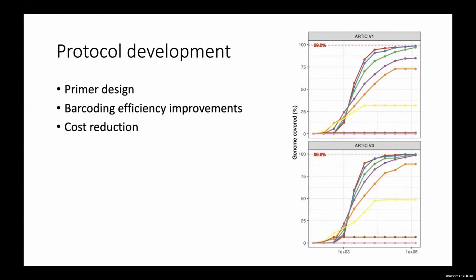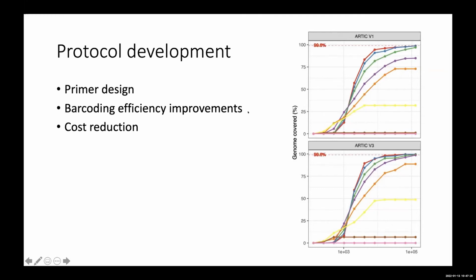We didn't really need a change for alpha, but there started to be significant dropouts associated with gamma, and then more prominently with delta, and then definitely with Omicron. So we had to make changes to the primers. We improved the actual ligation workflow with John Tyson in Vancouver, and managed to get the